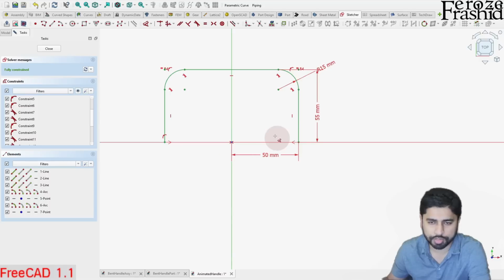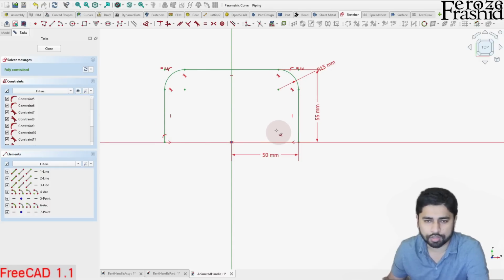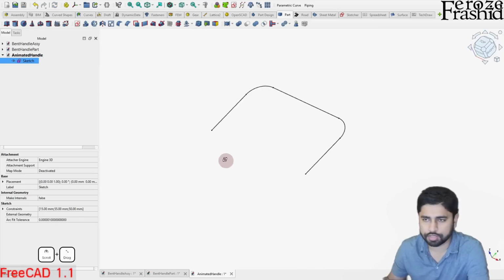This is an open sketch, which means that these points are not meeting together to create an area. It is an edge like so, but it is a fully constrained sketch. Now we can go ahead and close it up, and we can see that